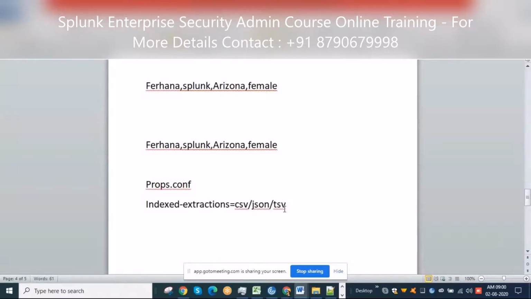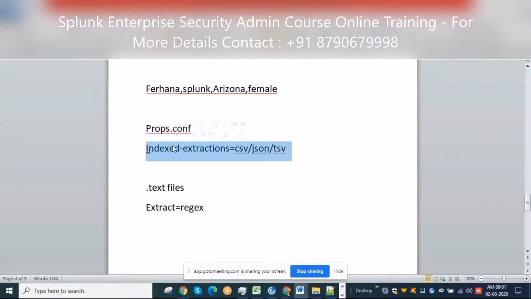Depending upon the file format, we can write just a single stanza where my fields get extracted. If it is not CSV, JSON or TSV, for example plain text files, then at that time you definitely need to write EXTRACT fields, again with regular expressions.